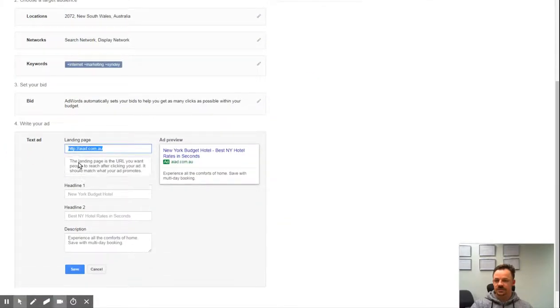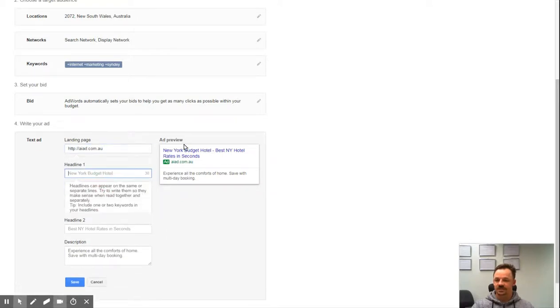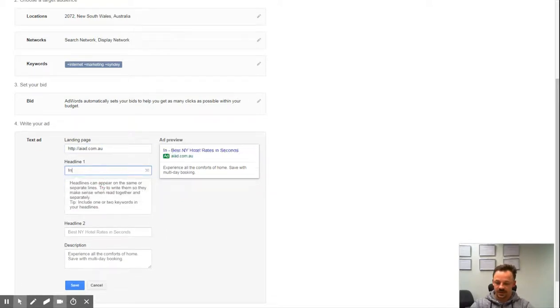Now it's asking us to build an ad. The landing page could be your homepage. I mean, we'll talk more about that in a later blog. You're probably much better off using a landing page specifically designed for the purposes of your campaign, whether it's to generate leads through phone calls or emails, or you can run special promotions for e-commerce websites, or have specific high converting landing pages to get subscribers, or people to download reports or ebooks that you might be offering in exchange for their emails and phone numbers. But for now, we'll stick with that homepage as the landing page,